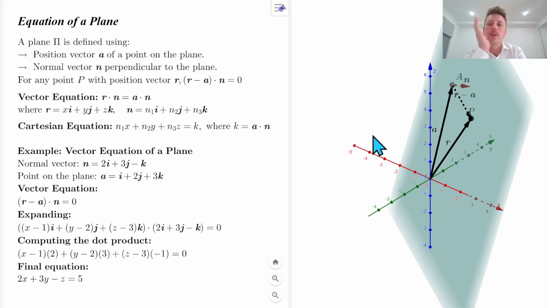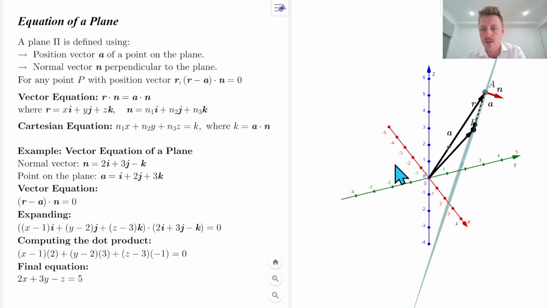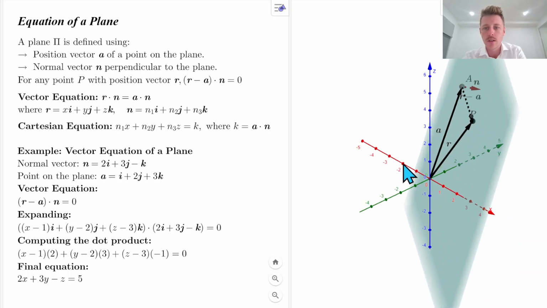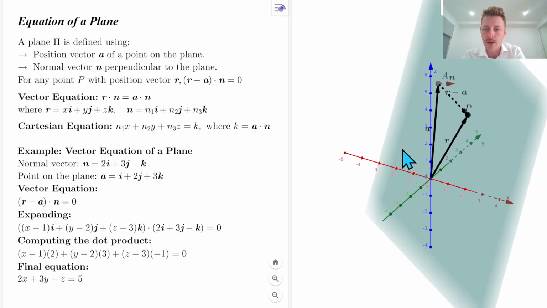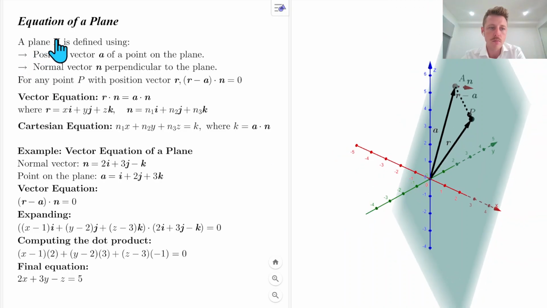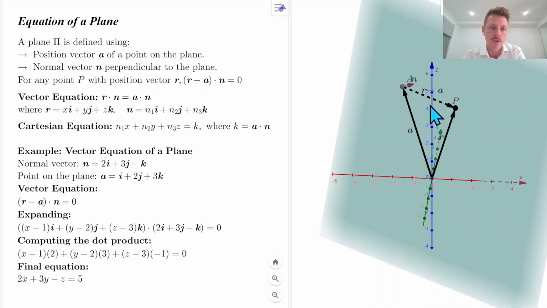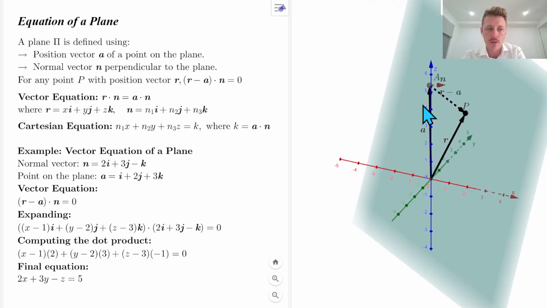And once we know that point, as long as we know a normal vector to the plane, which you can see over here we have as n, at right angles to the plane, then that's all you need to define the entire plane in space, because that one point, A, fixes it, and if you know a normal vector, then all the points that would also be perpendicular would have to sit on that same plane. So the key information we need in order to define the equation of a plane is a position vector of a point on the plane,